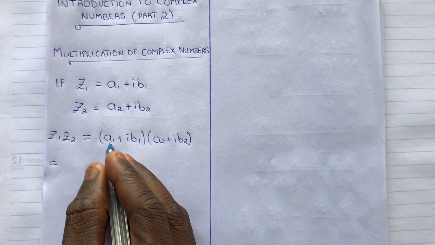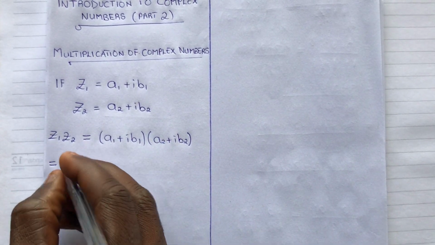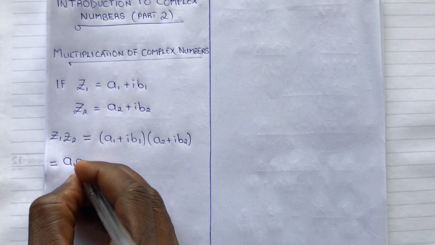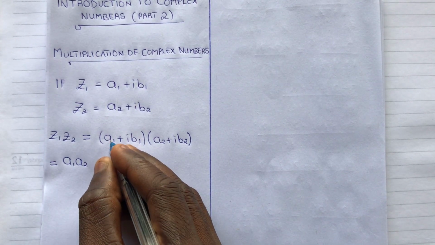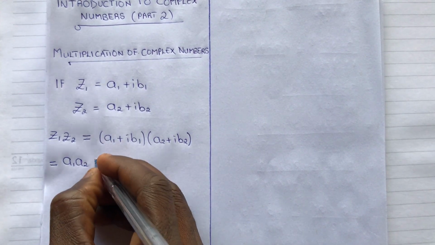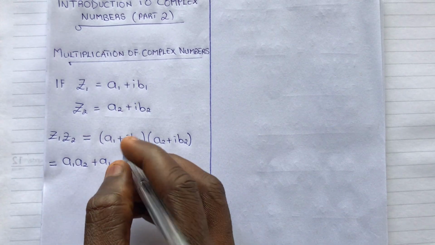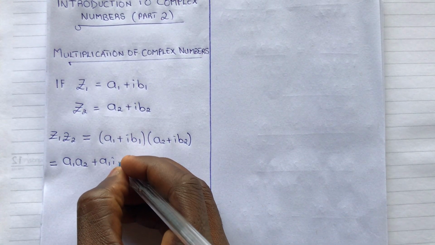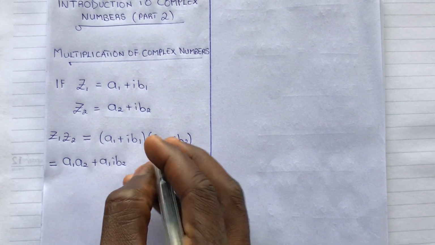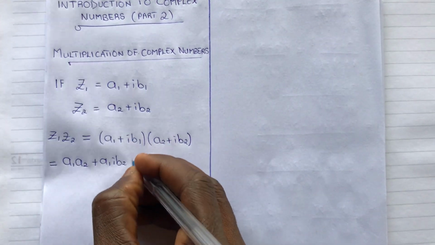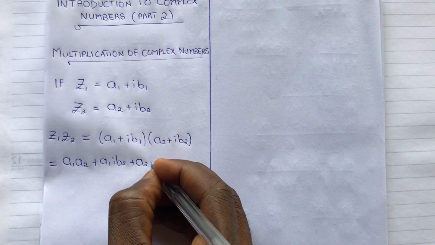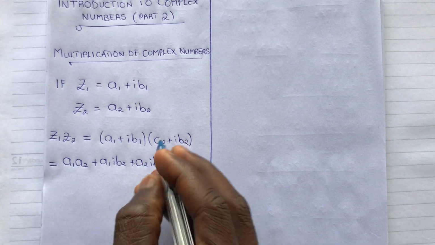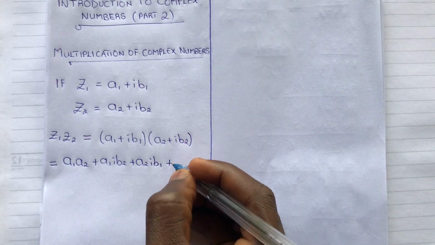A1 times A2 gives us A1A2. Then A1 times iB2 gives us plus A1 iB2. Then this gives us plus A2 iB1, and this gives us plus